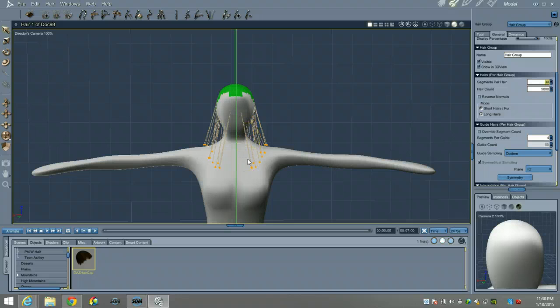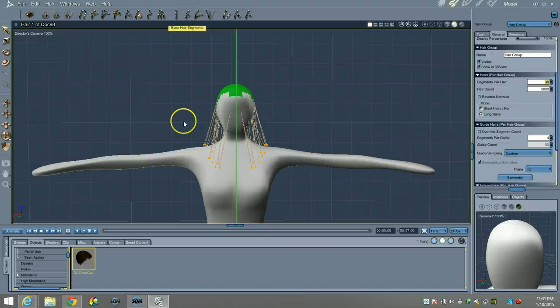And you can imagine that would really mess up your simulations, because the hair wouldn't act like it's all the same along its length. It would act like it's stiff up here and really loose down here, and what have you. We want to correct that too. So there is a tool that does that, and it's a really easy tool to use, and it's one that you may forget that you have. So right here, it's called the, let me hover over it so I get the name right, Even Hair Segments